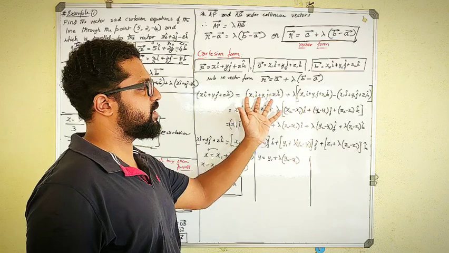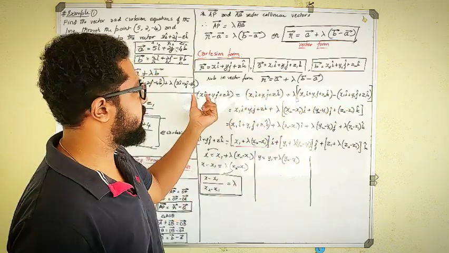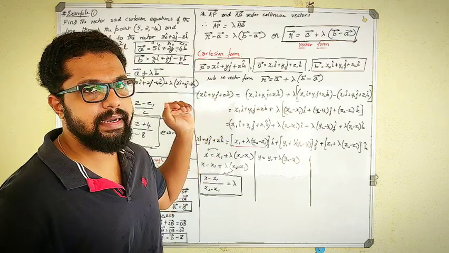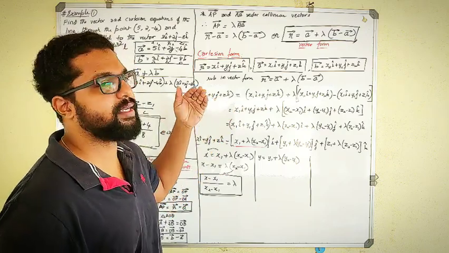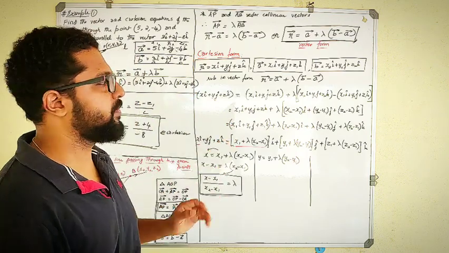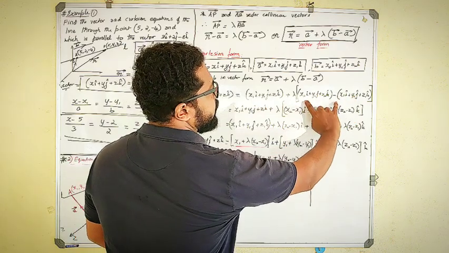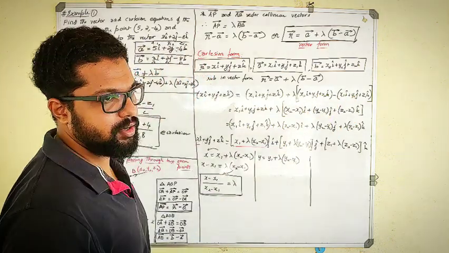Please go through each and every point which I have mentioned here. Maybe I am not explaining everything here, but it is written completely and in detail on the board. So I want you all to pause it, see it clearly and understand what I am trying to tell. Fine? So I have substituted everything right here. First let me finish this subtraction of two vectors. We have done it in vectors already.